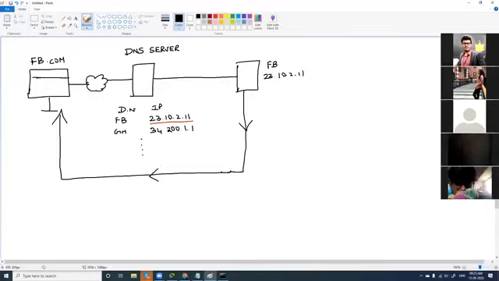Now, consider a non-technical example here. Instead of a computer, you are the human here, and you have a mobile. This mobile is a DNS server, wherein it has contacts. It has all the names and numbers of your friends. And whenever you want to call someone, say I'm going to call Sandeep here.